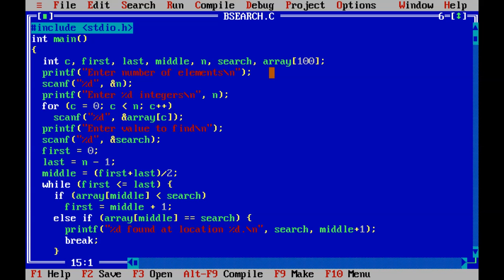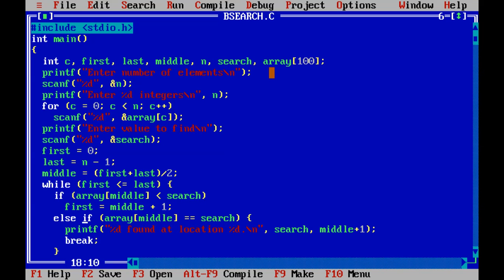Then we are using a while loop, while first is less than or equal to last, and until then we check the array middle. If the array middle is less than the key element, then the first will be middle plus 1, meaning the search will start from the middle plus 1 element.